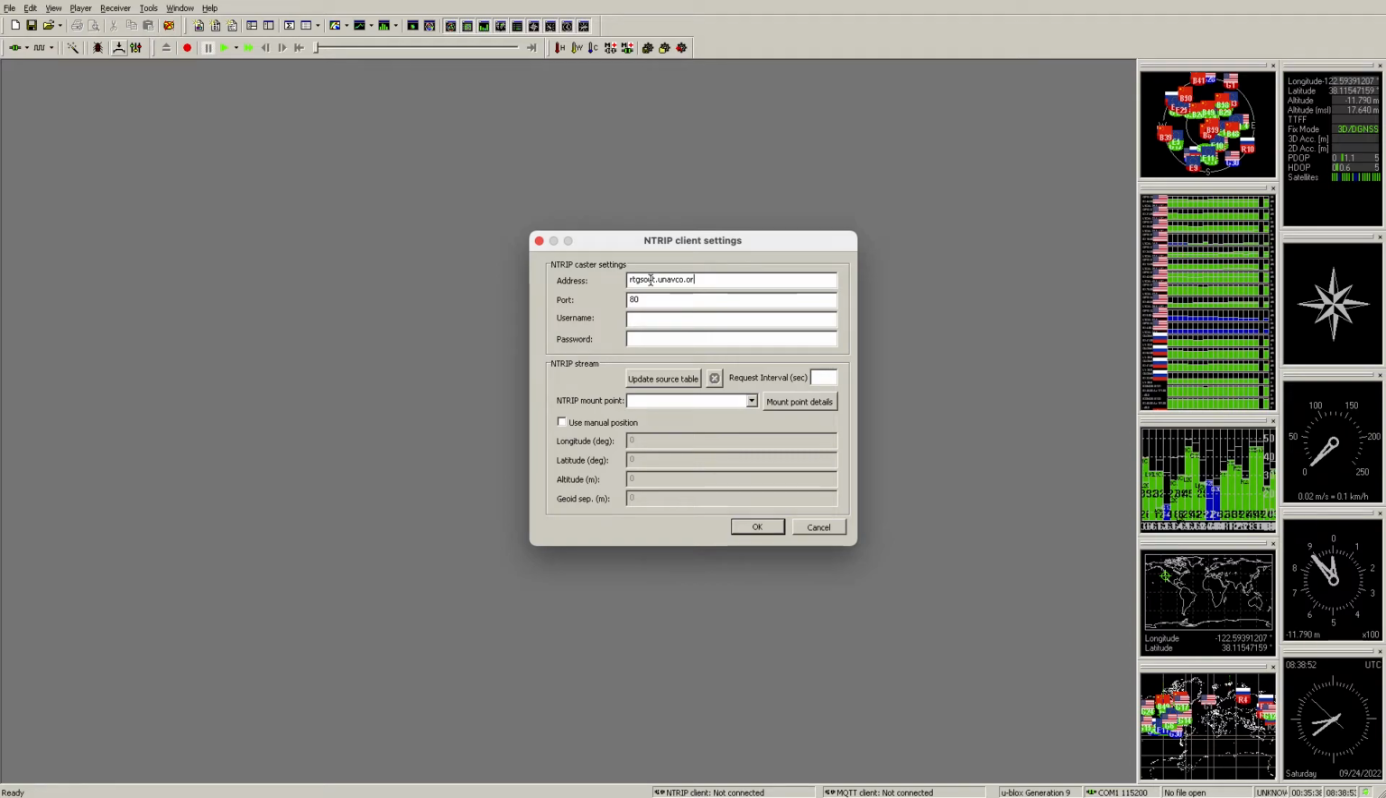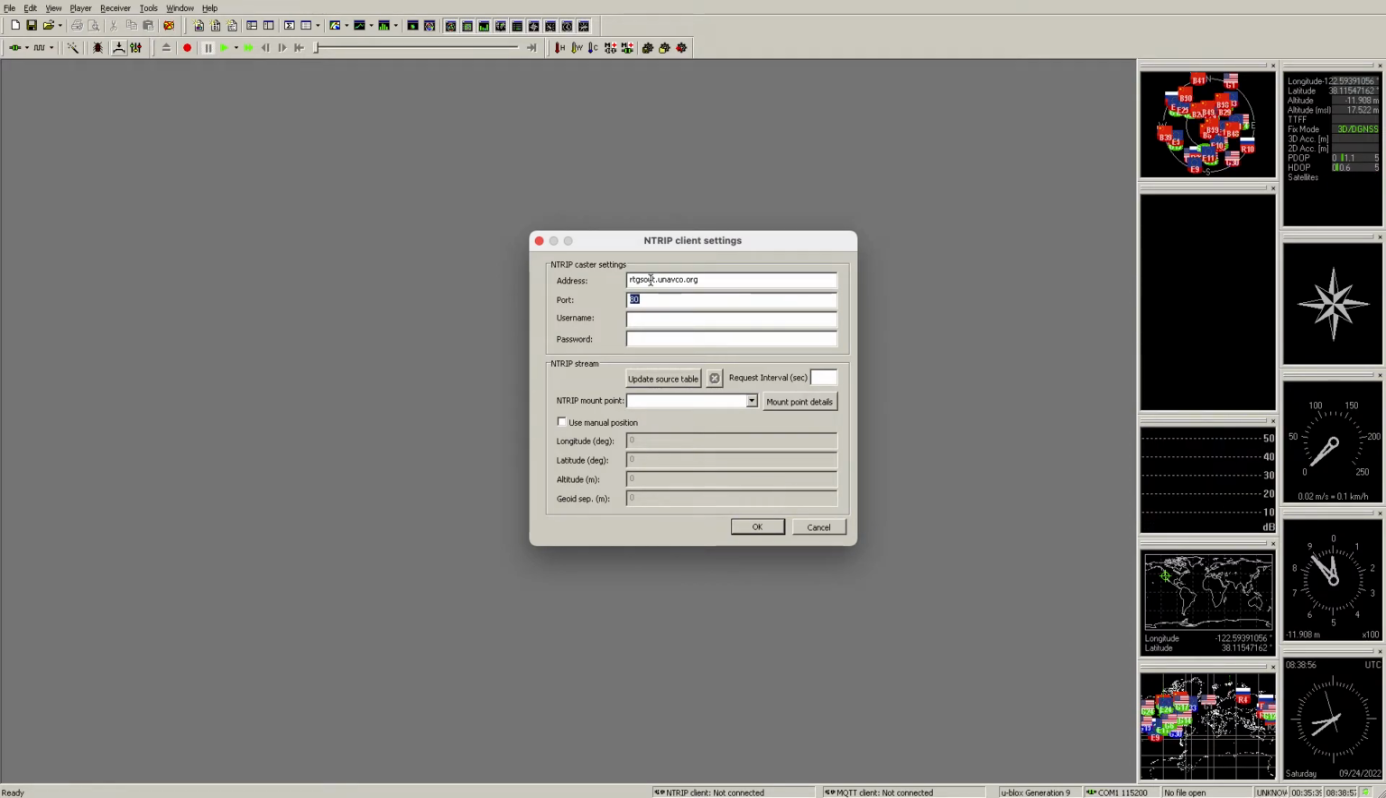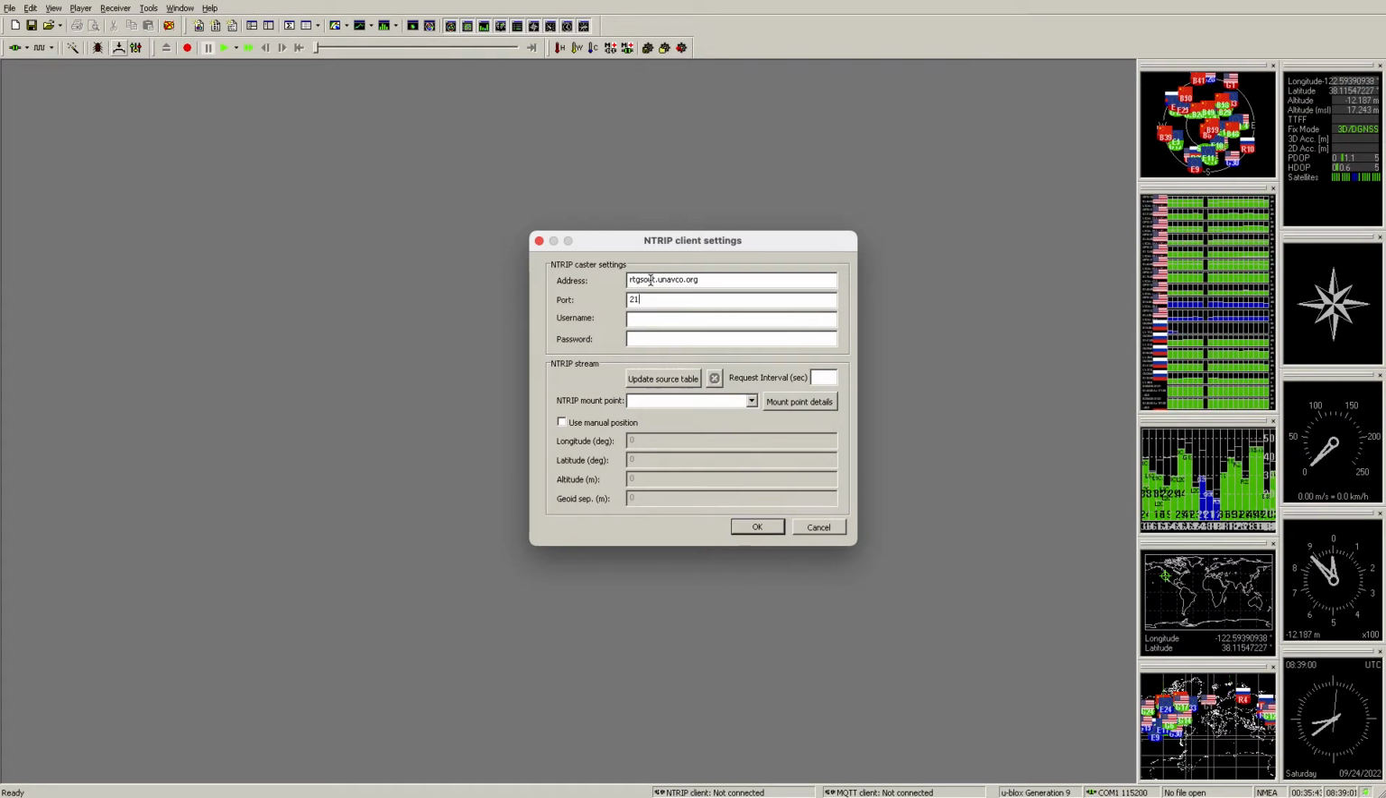rtgsout.unavco.org. And I remember for RTCM corrections, the port number is 2101. My username and my password. Now that we've done that, we should be able to click on this button, update source table, and it will